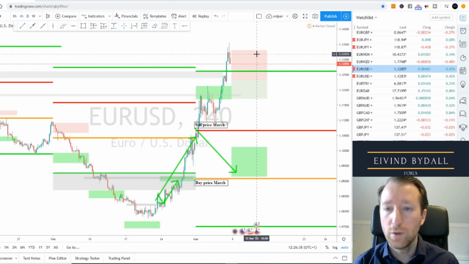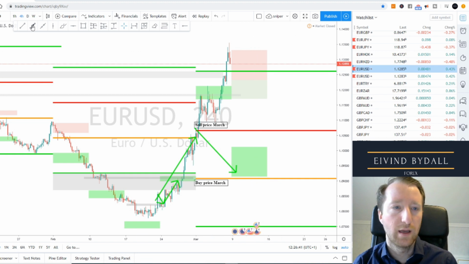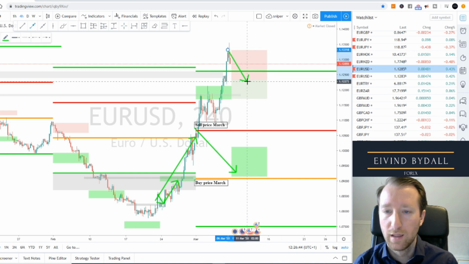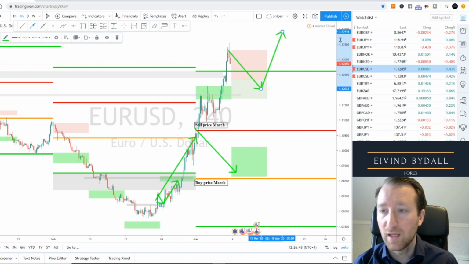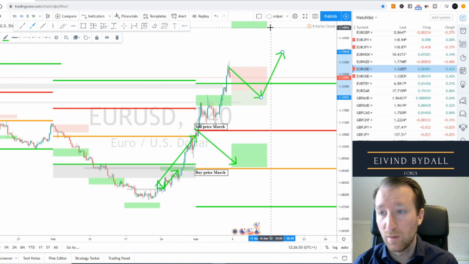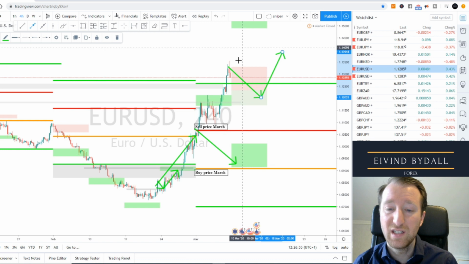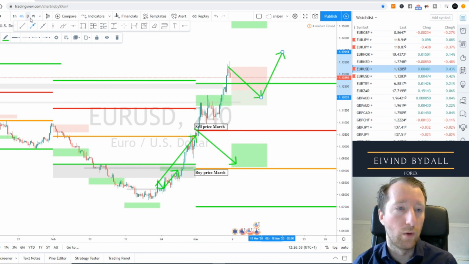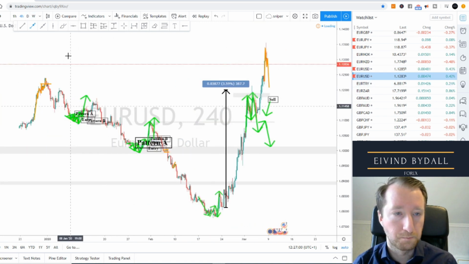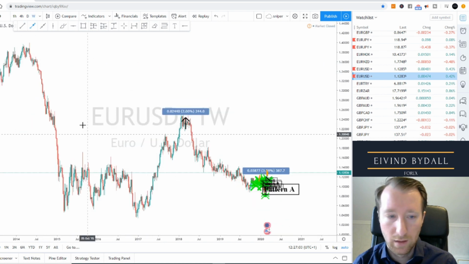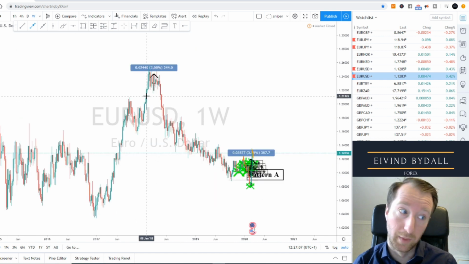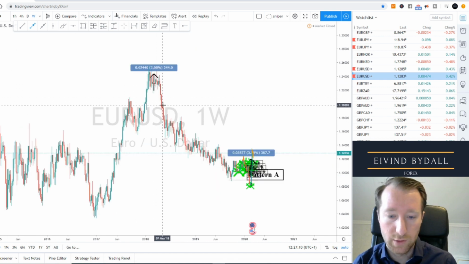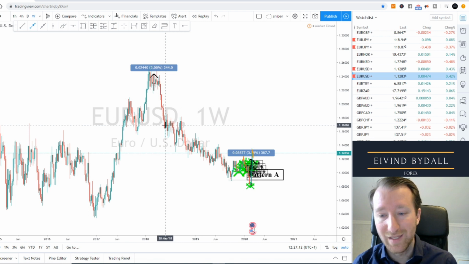For EURUSD, I am expecting some kind of pullback to maybe around 112 in the best case, and then price can go way above here, maybe up to 115. What is happening right now on EURUSD is this early sell-off in early 2018, they have been selling,